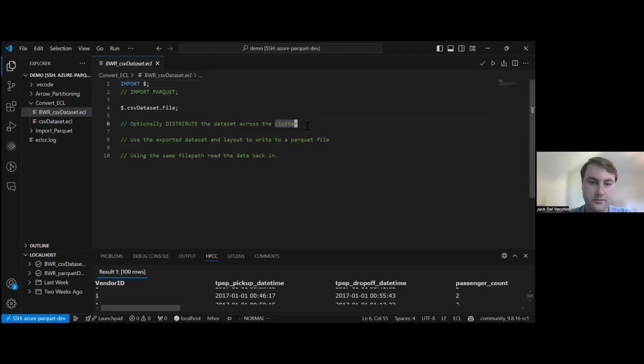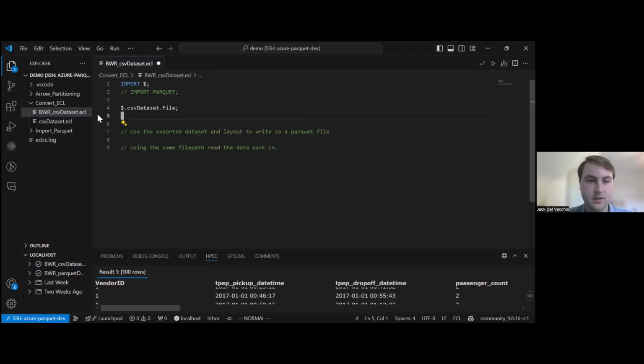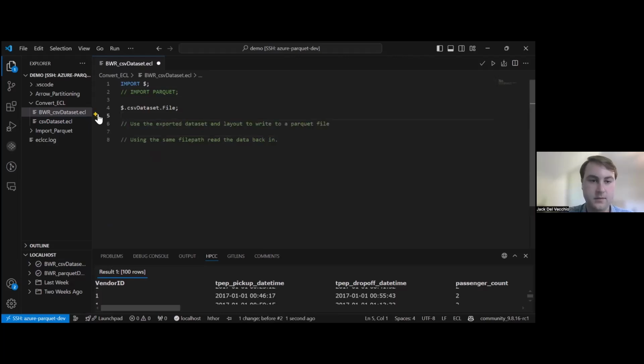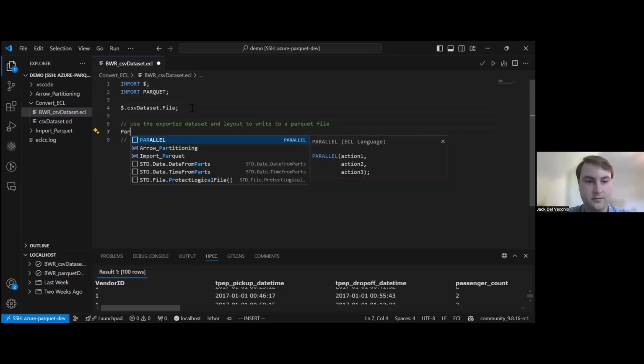If you're working on HThor or Thor, you can distribute the file, but we don't really need to do that. If you're just looking to change the file format, that's pretty easy. We can take the file that was defined in CSV dataset.ecl and use that dataset to write to a Parquet file. Like I said, the first step is import Parquet, and then we can do